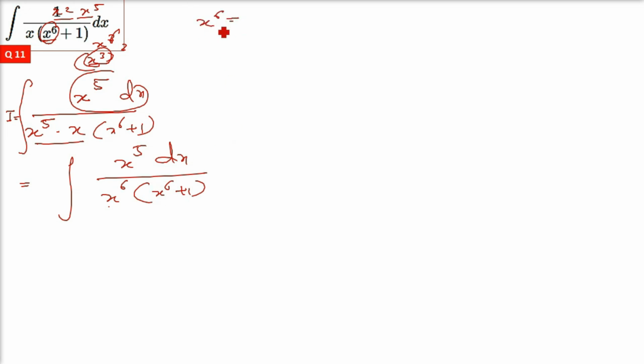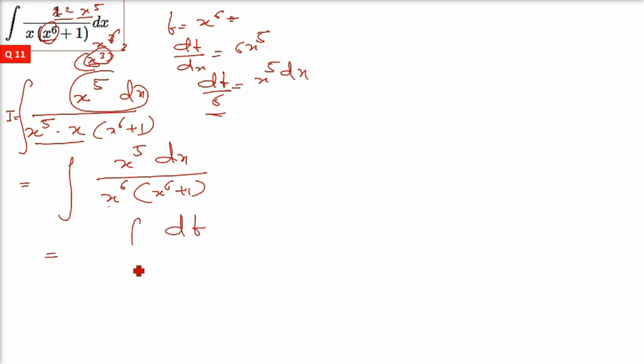So x raised 6, I am placing it as t. dt by dx will give you 6x to the power 5. So dt by 6 will be x raised 5 dx, which we have tried to get in the numerator. So let's write this. dt by 6, it will be 1 by 6 outside the integration sign. Since x raised 6 is t, it will be